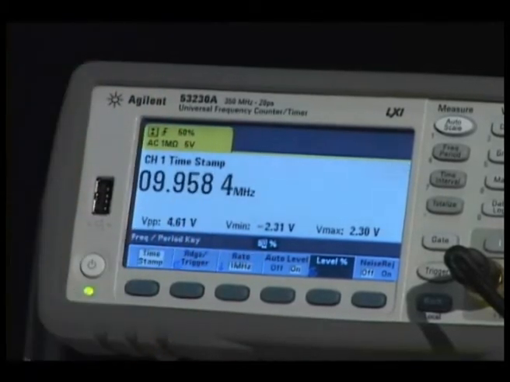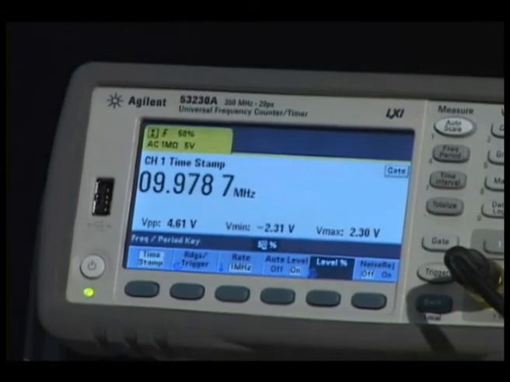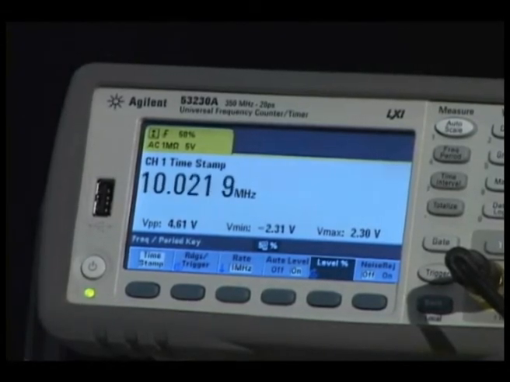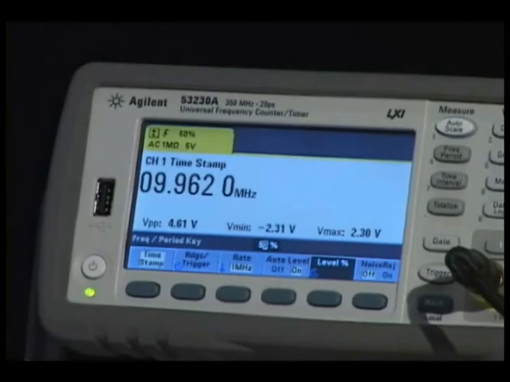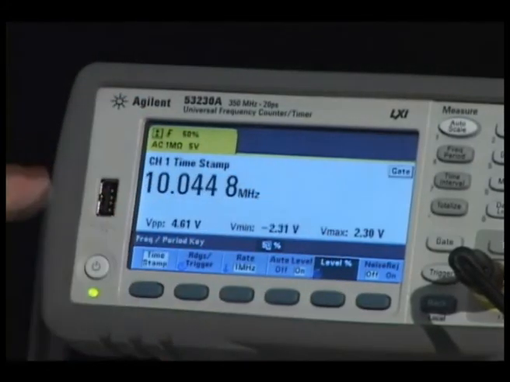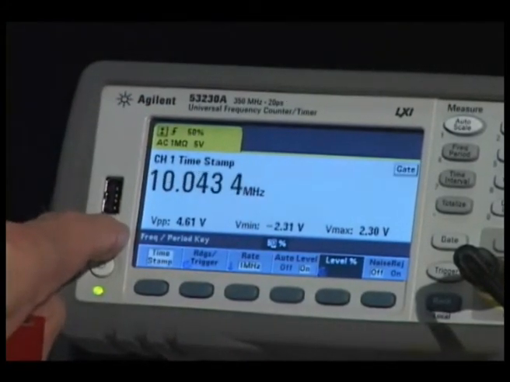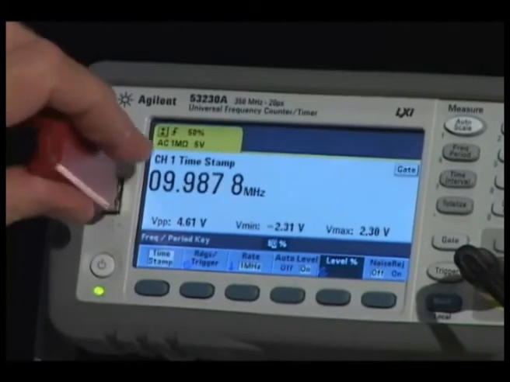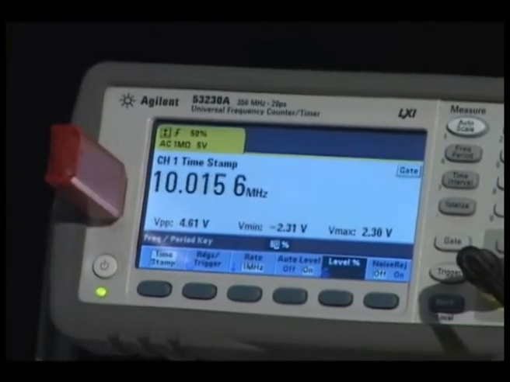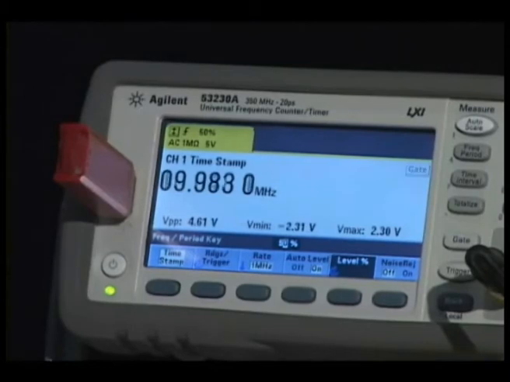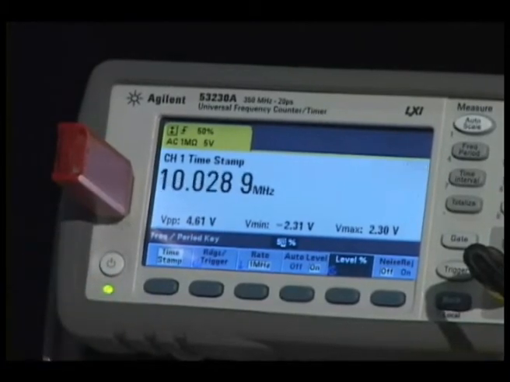What we will want to do with these measurements is export them from the counter into a laptop where analysis can be done using an Excel spreadsheet, for example. To do that, we take a USB thumb drive and insert it into the USB host port on the front panel of the counter. Once the USB drive is inserted, we can then go ahead and start the counter's data log function to export